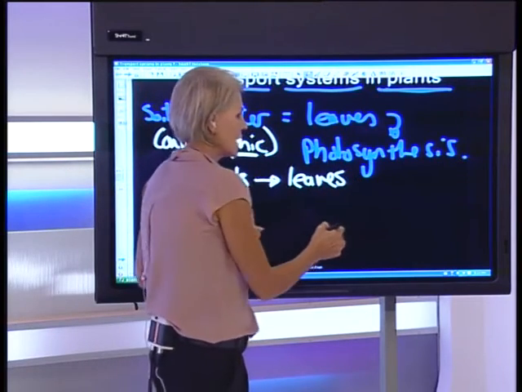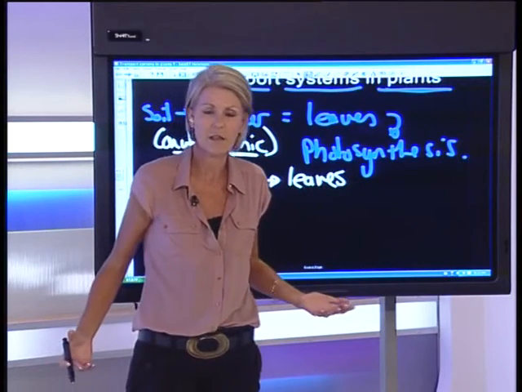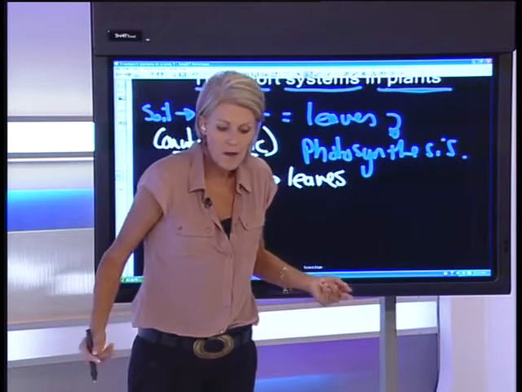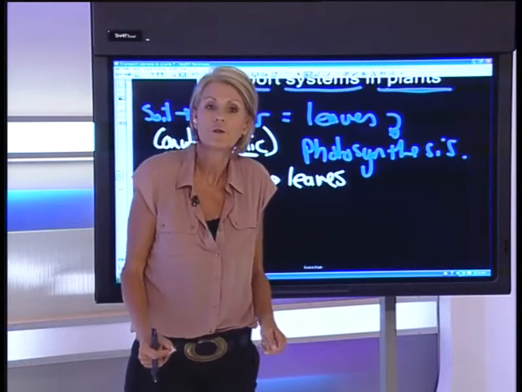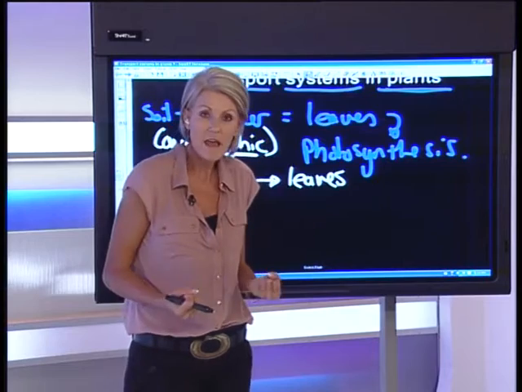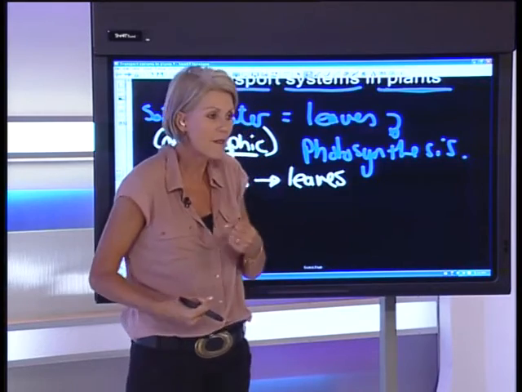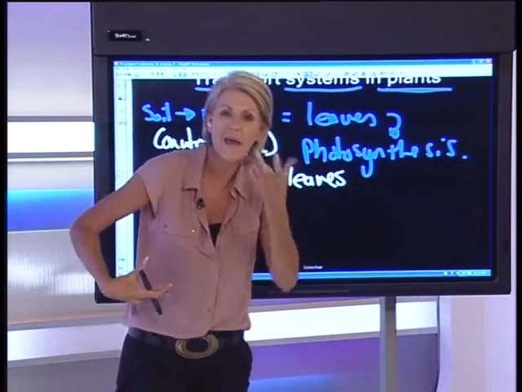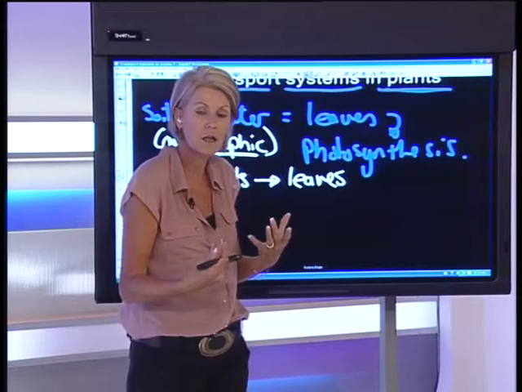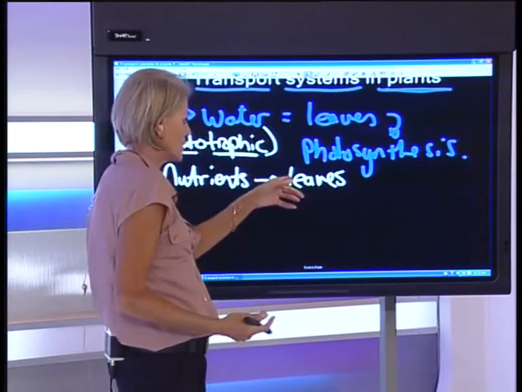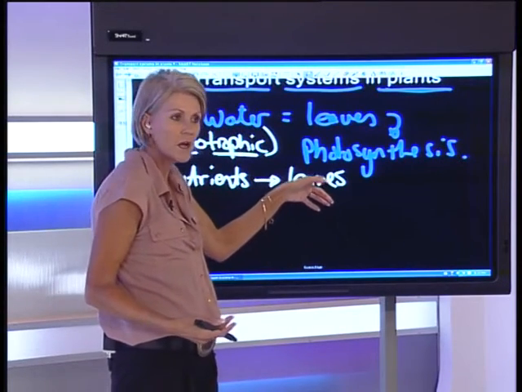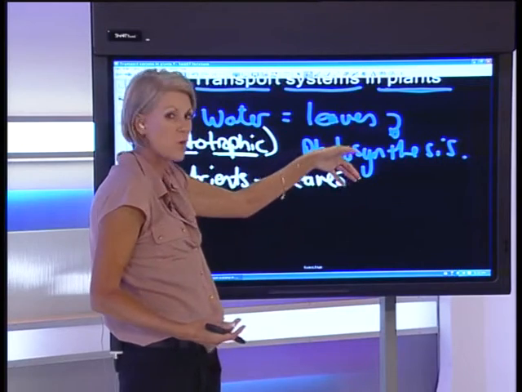Now, the nutrients that have been made in the leaves have to go from the leaves, and hello, they can't just stay in the leaves. So what about those little root cells down there that have to absorb water? And they have to make new cells, and they have to grow and repair and replace. They need nutrients for that. So, hello, how do we get it from the leaves? Well, it can't go the same way it came up,